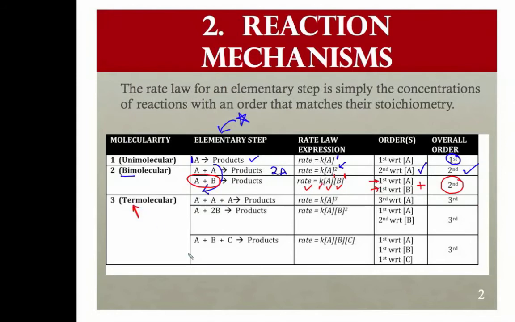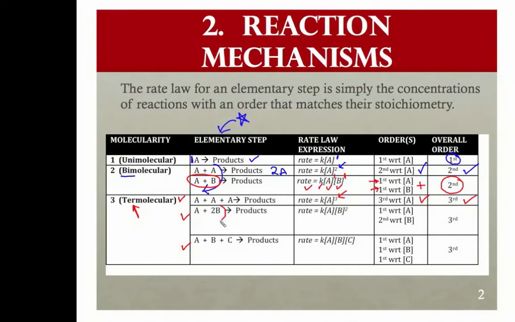Now, in that unlikely event that it's termolecular, we don't use trimolecular. It'd be lovely if we did, but we don't. As scientists, the term is termolecular for 3. I have 3 possible scenarios for 3 molecules colliding. In this, I have 3A, so it would be K times A cubed, third order with respect to A, third